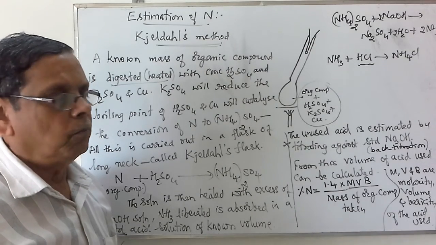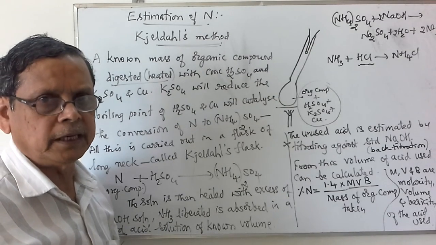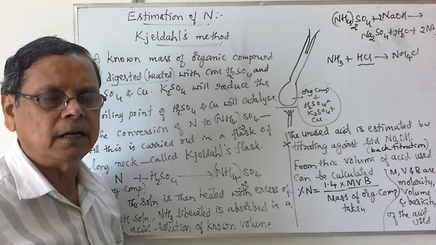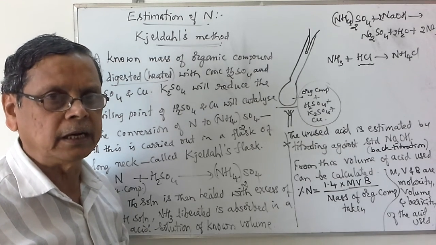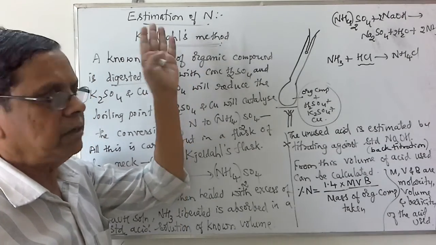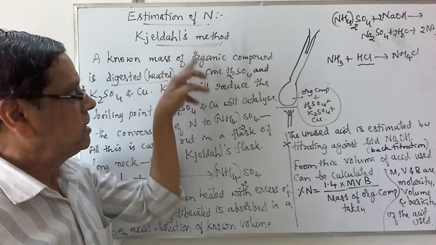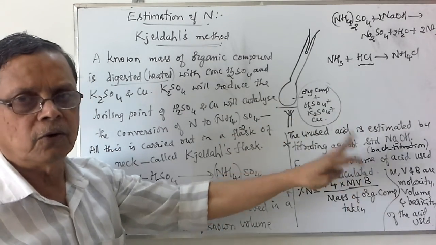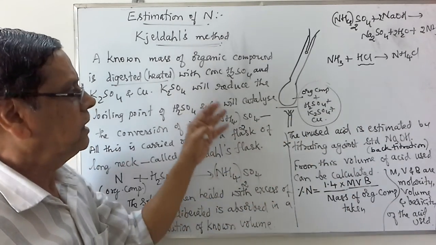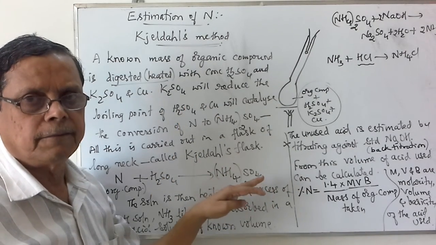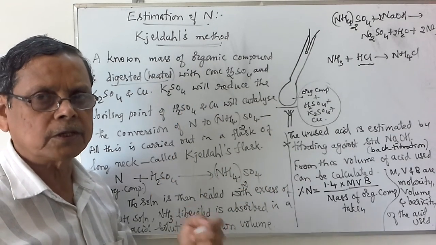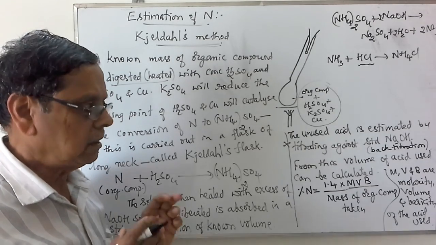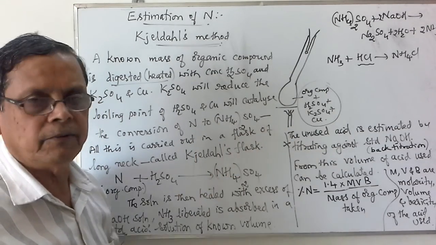I told you, the most advantageous is the Dumas method, because nitrogen in the form of nitro group, azo group, etc., as well as heterocyclic ring compounds, can be estimated by the Dumas method. But Kjeldahl's method is an easier method. We have to digest, then go for the estimation. But it cannot be used for such compounds: azo compounds, nitro compounds, and ring compounds that contain nitrogen as part of the ring. But still it is the easiest method available.